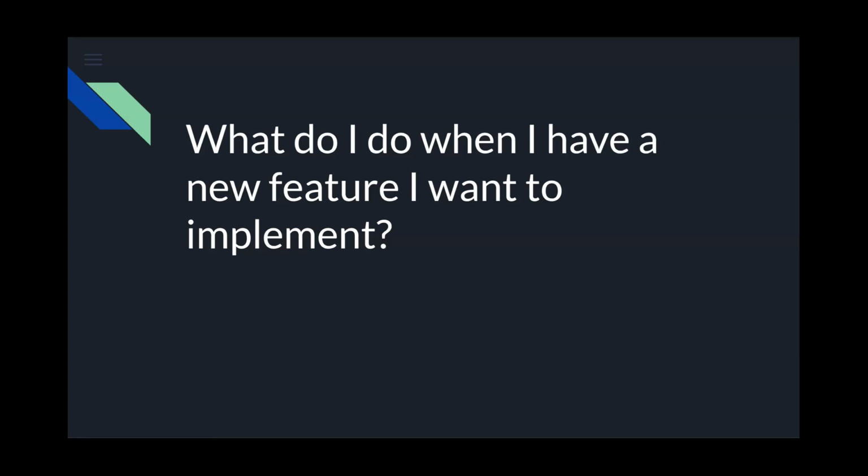But now you have a new feature, right? Let's say that you pushed your hello world file to your GitHub repository successfully. You see the changes in GitHub, and now you want to add new features. And how would you do that?